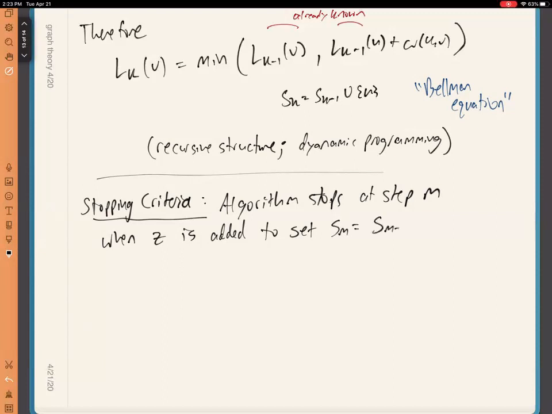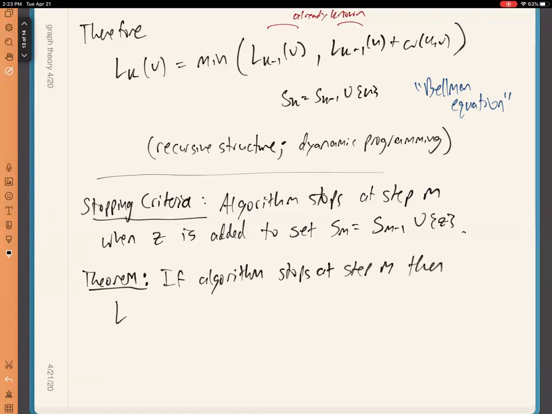Right, so at step M, when I find SM by adding Z, where the U that I add turns out to be Z, then the algorithm stops. And so the theorem, which is not at all obvious from what we've talked about so far, is that this algorithm actually works, meaning that the label of Z at this step is the length of the shortest path. Right, so if the algorithm stops at step M, meaning that's when we just added Z to the set S,